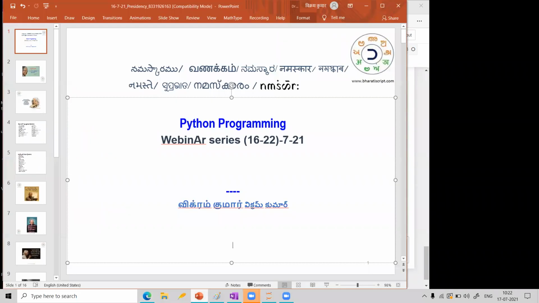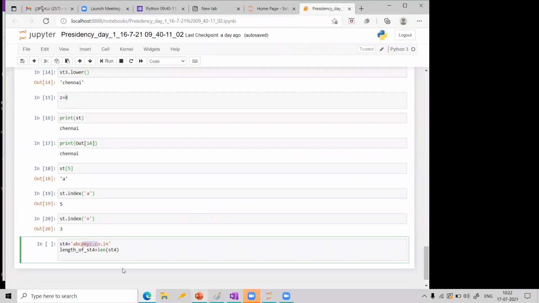So we were discussing how to find the end part of that particular mail ID, which is there just after the @ symbol. What we can do is find the length of the string. I have first declared the string, in which I have put that mail ID. Then I am finding the length of the string, so that I know the total length of the string.